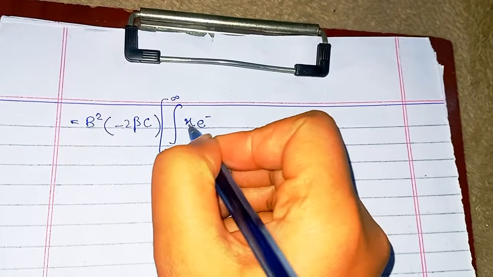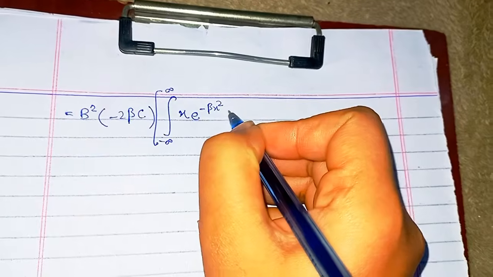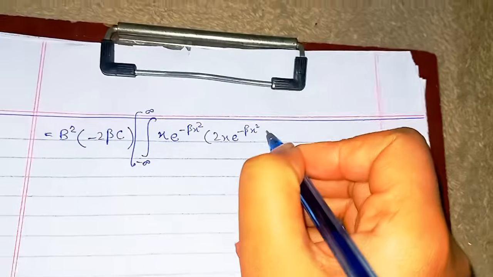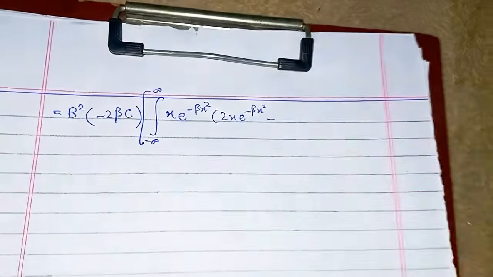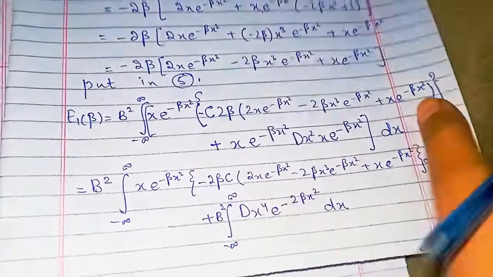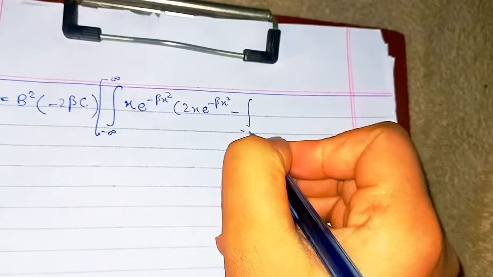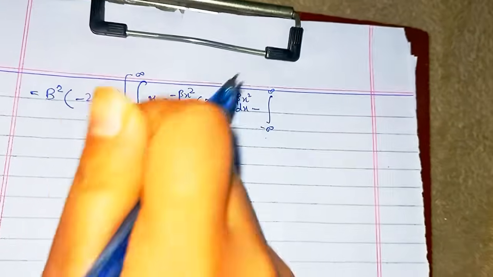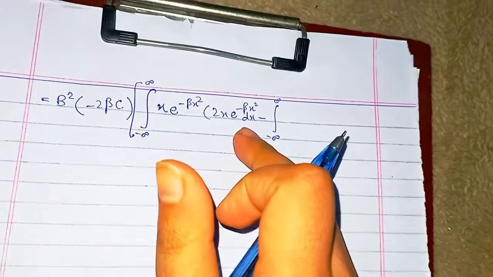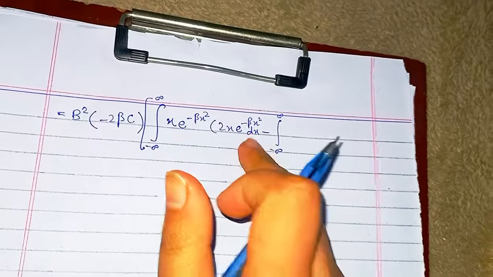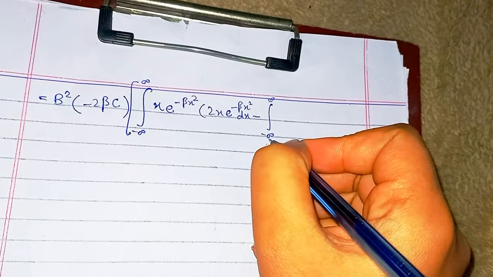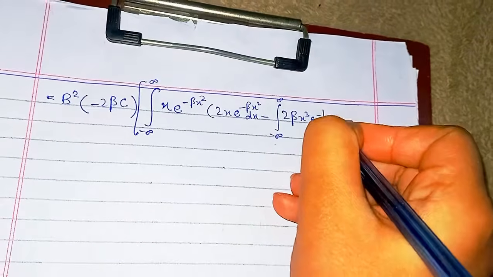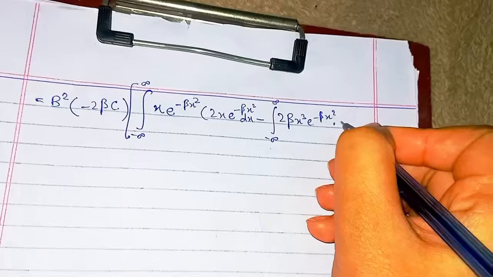So x e to the power minus beta x squared multiplied with the first term, which is 2x e to the power minus beta x squared. Then we have minus sign, since it's a minus sign here, and integration sign, and we are supposed to write dx here as well because integration is accompanied by its dx factor. Integration, then we have 2 beta x cube e to the power minus beta x squared already there, and then this term,